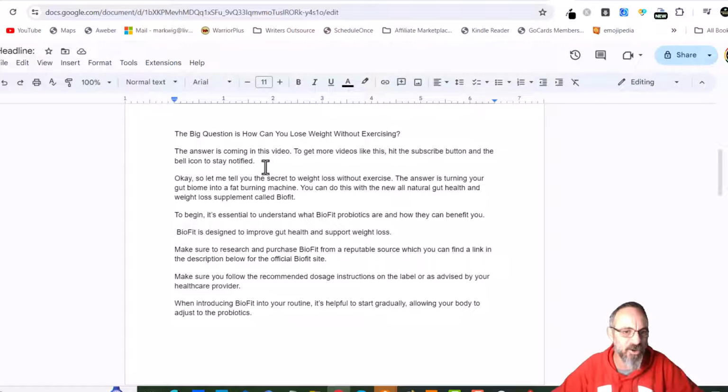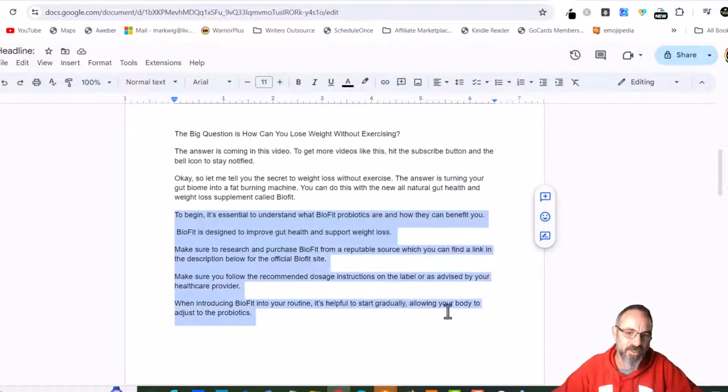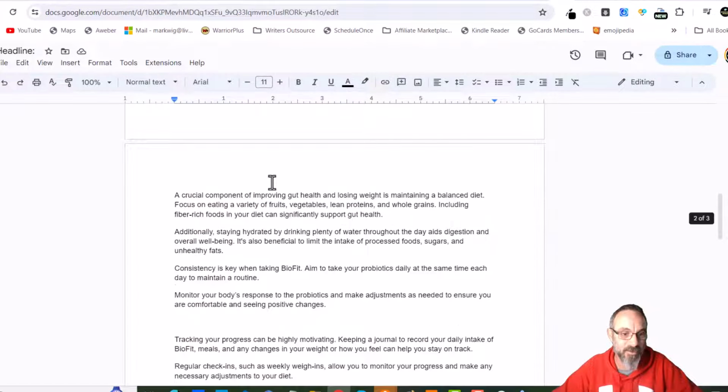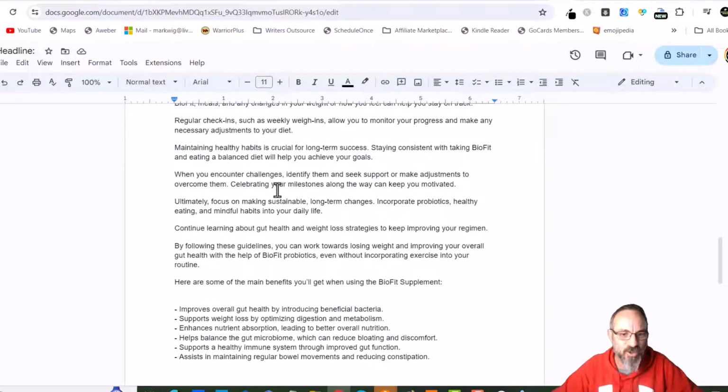Alrighty, so let me tell you the secret to weight loss without exercise. The answer is turning your gut biome into a fat-burning machine. You can do this with a new all-natural gut health and weight loss supplement called BioFit. And then I pretty much just used the script from that point on, right? Pretty easy. And then to introduce my benefits, all right, after that script was finished, I went and said,